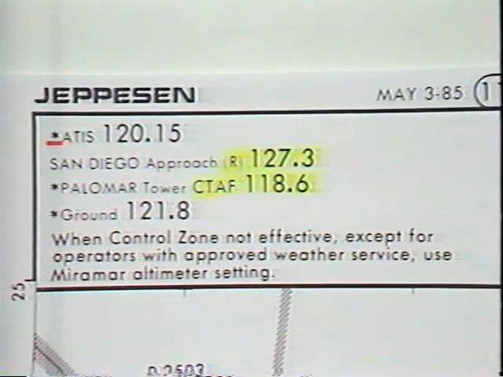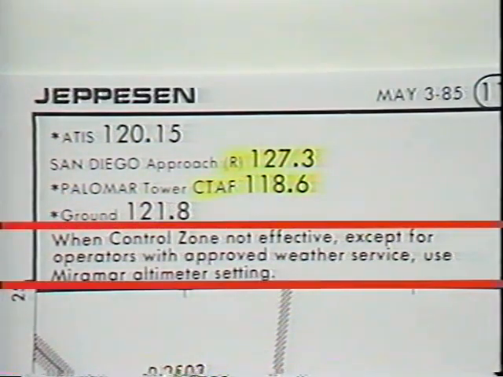Also notice the small asterisk that we find opposite some of the facilities. That means that those facilities are not continuously in use. So therefore, maybe the note at the bottom would have some bearing on that. The note here says when the control zone is not effective, and that means when the tower is not operational, that we must use the Miramar altimeter setting. Now, that should ring a little bell here, raise a red flag,